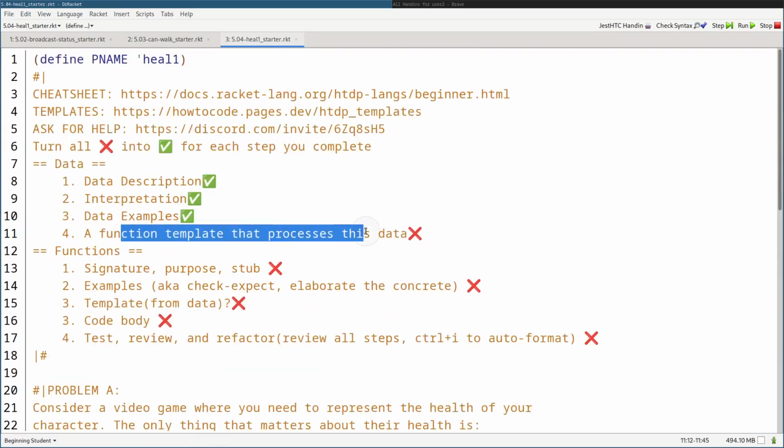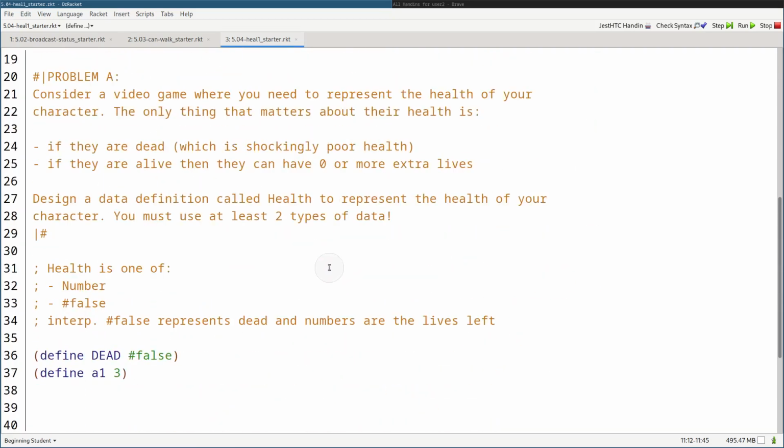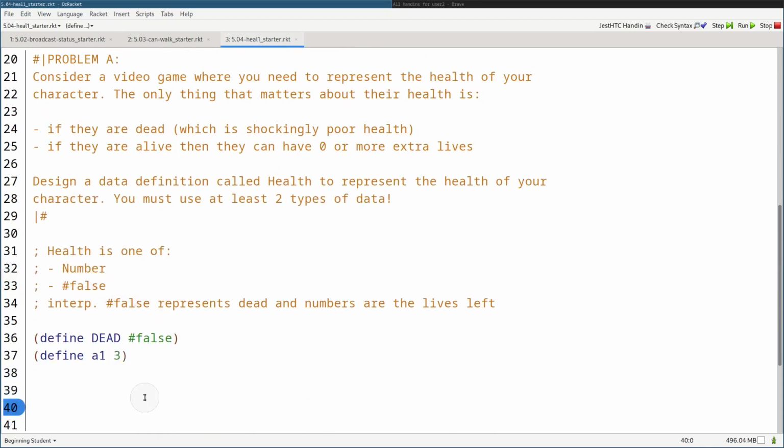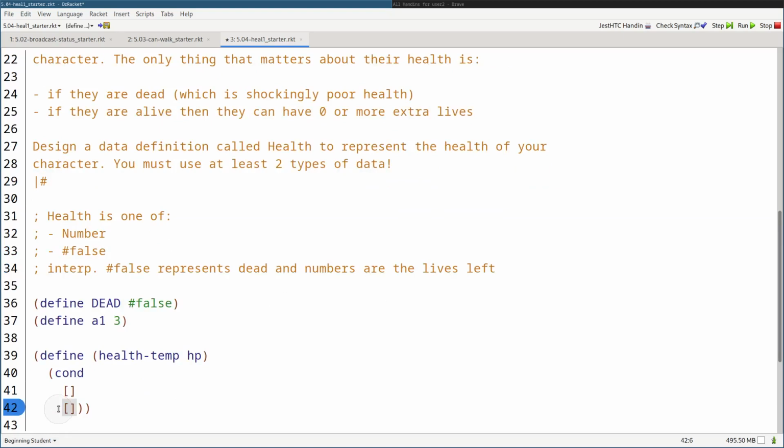So next, a function template that processes this data. Pause the video and try to work through that on your own, for your respective data types or this one I just wrote here. I'm going to go over spoilers in 3, 2, and 1. So we're going to call this health-temp, and it's going to consume HP. It's a one-of, so we need branches that match the number of cases. So cond, the number, and then the false one. Now we have to ask the who-you-are question. If the HP is a number, then